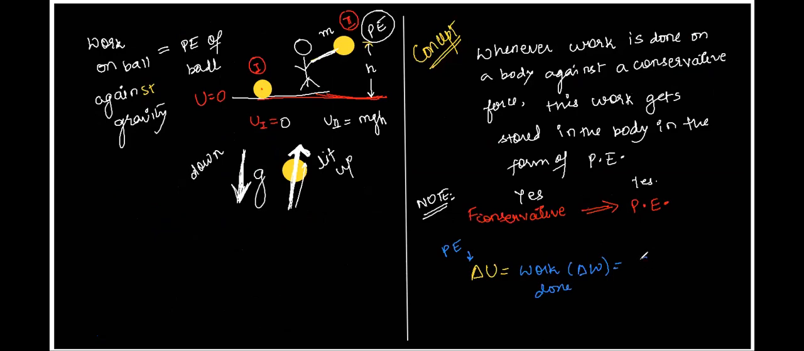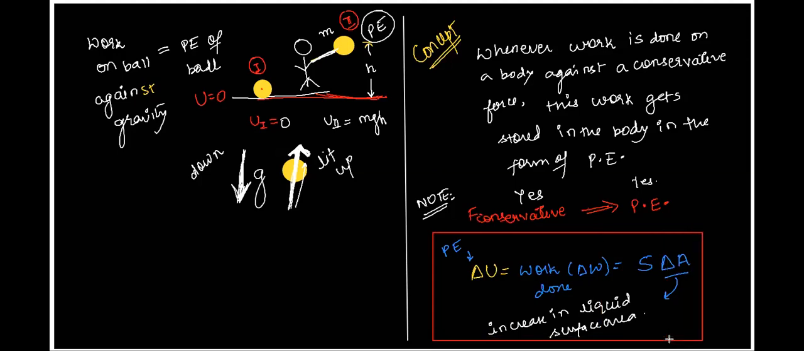What is it stored as? It is stored as potential energy, and its value is given by surface tension S into change of area. So this is change of area, the increase in the surface of the liquid. This delta is the increase in liquid surface area. Right? So on this basis, we define